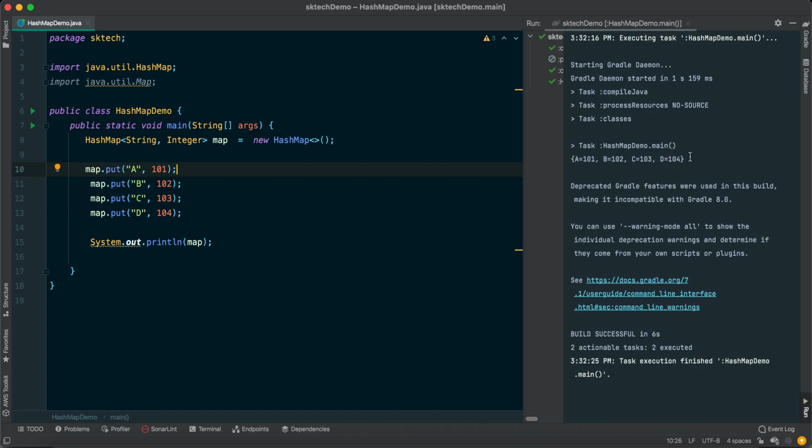Yes, it is printing key-value pairs: A 101, B 102, C 103, D 104. You can see that it is automatically printing by default in this format. The equal sign is the separator between key and value. So this is how we can insert elements, and as a basic operation, print them.